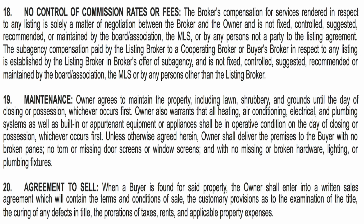So again, not a whole lot here, but it's just letting the seller know up front, there's going to be another contract. It's the agreement to buy and sell. My personal opinion, go ahead and provide the seller the contract for sale so they can begin looking it over. Maybe even set up a time to go and speak with the seller about the contract. So when they do get an offer presented, they've already seen it, you've already explained it to them,